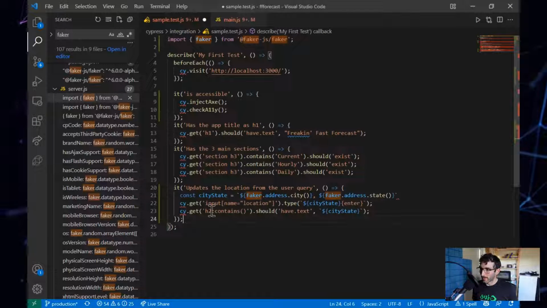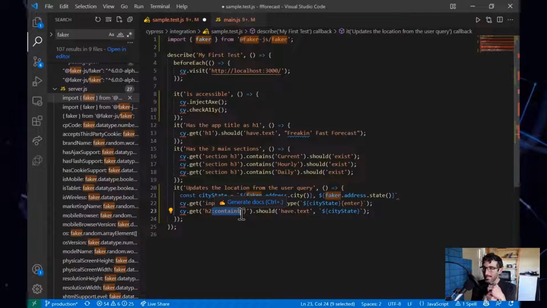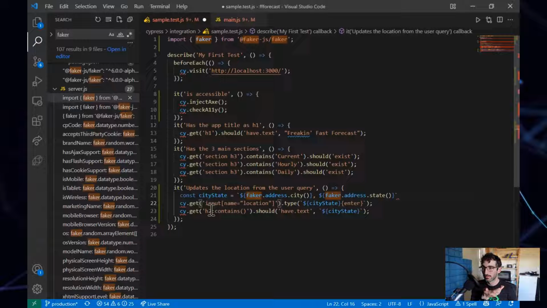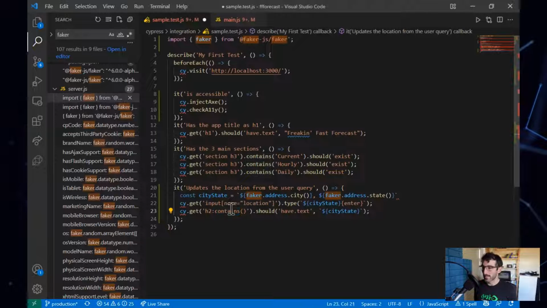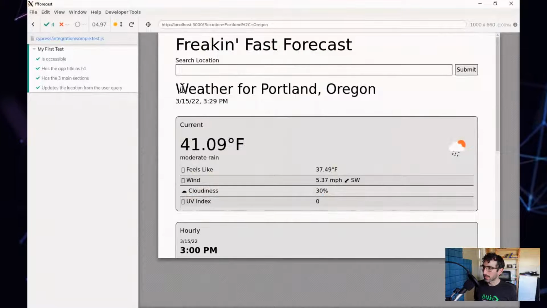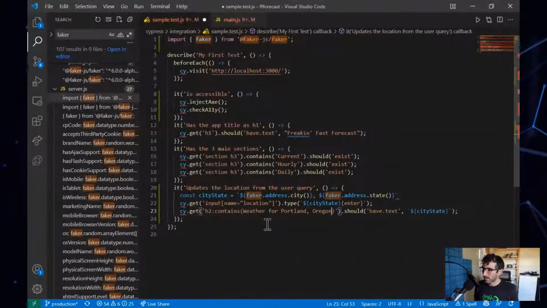So there is this CSS pseudo selector that isn't a true CSS pseudo selector. It's only currently available in Cypress, or at least I don't know if it's available other places, but it's not something that is usable in the browser. This is a custom Cypress syntax that allows us to look for specific text. So we're going to do this, copy that, and we're going to say,